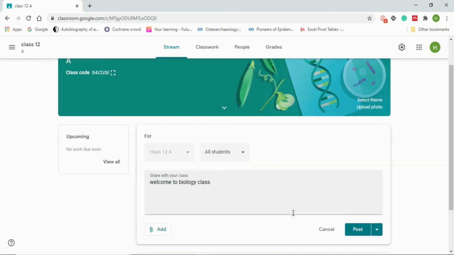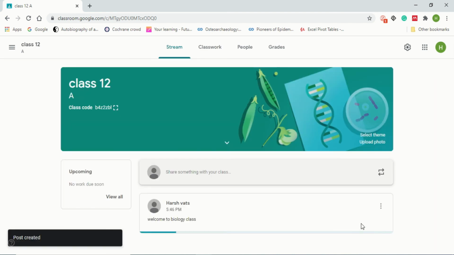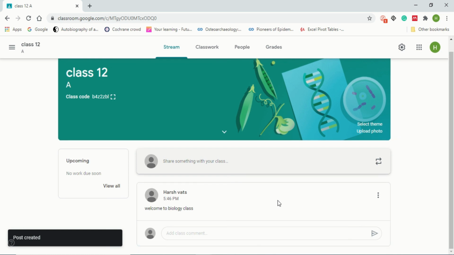So now I can post this, or you can add certain things like if I want to add a Google link, file, or YouTube, you can do that. Like if you want to link the file for the assignment or a certain Word file or anything you want, you can attach it. Like this is your assignment, kindly search it and work on it. Although we are not doing anything for now, we are just posting it from the teacher, and we can post it, or you can also schedule it. So I will show you how you can do that as well.